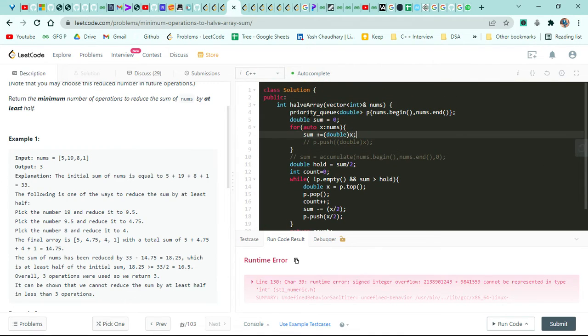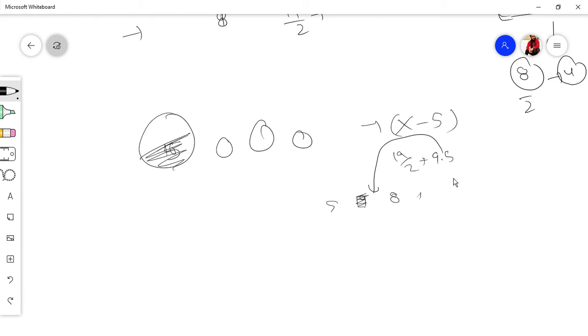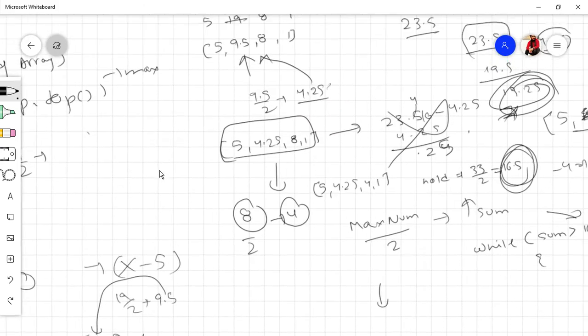Now I have taken out the sum, and this is my priority queue, which is in double, and I've already arranged my provided array into my priority queue, which is a max heap. Now I'm doing the same thing. If my p is not empty, and if my sum is greater than my threshold, which was